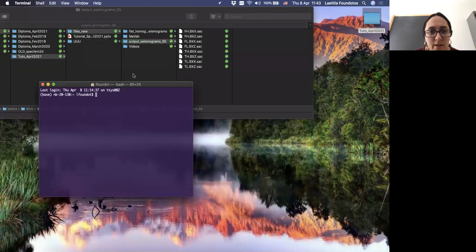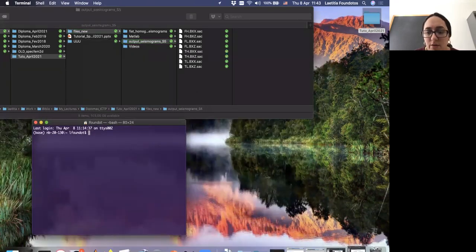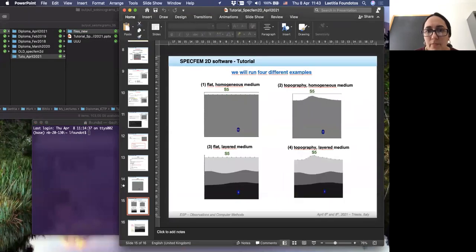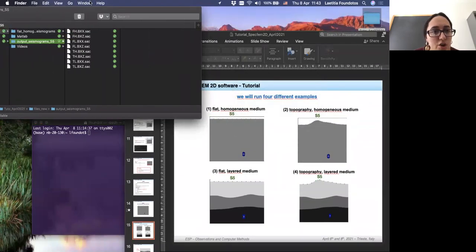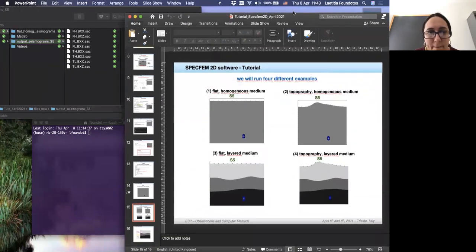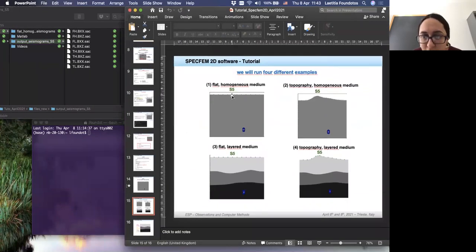I have extracted for each example the seismograms of station 5. Station 5 is that one, you can see my mouse here. This one, which is just on the top of the topography, for each example.